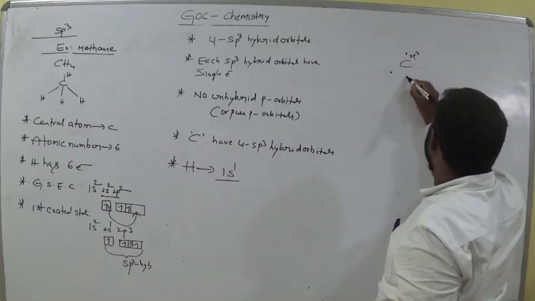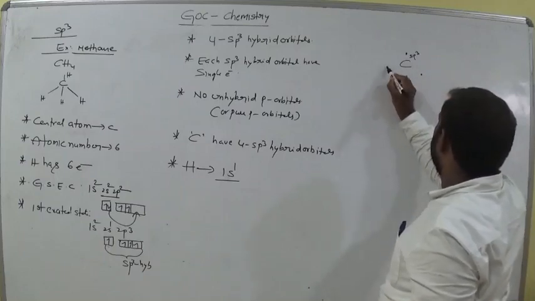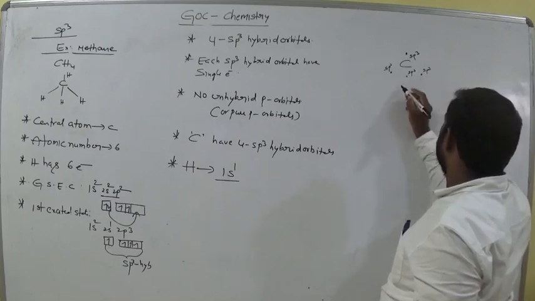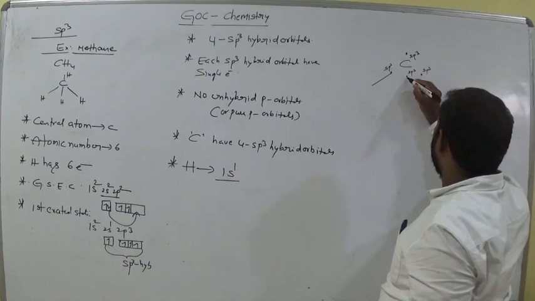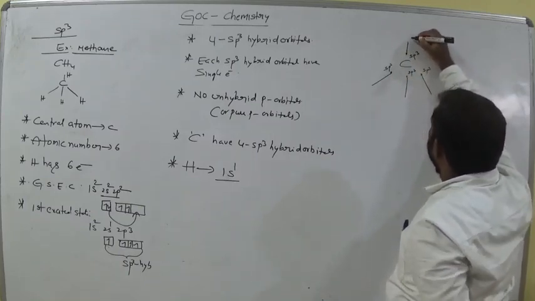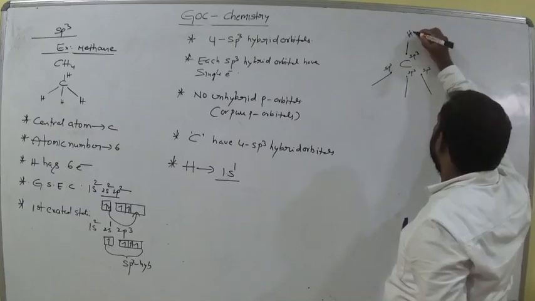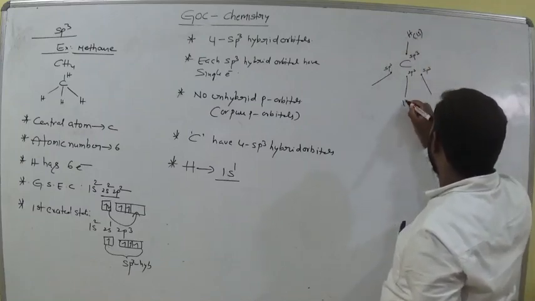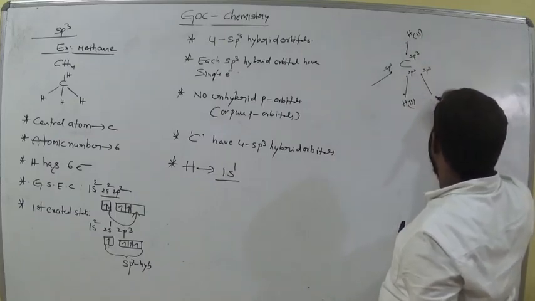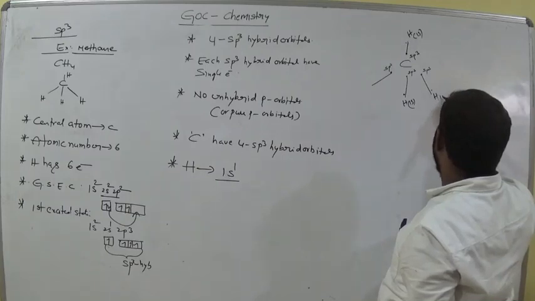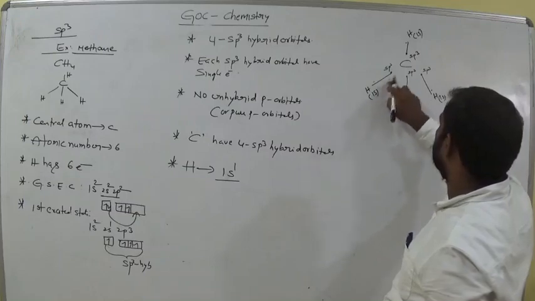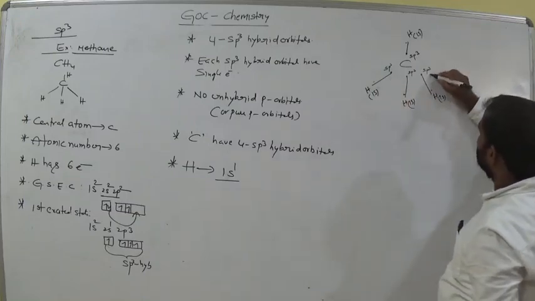This is one electron, this is one electron, this is the third electron. This is sp3, and this is also sp3. Now this is bonded with hydrogen, which has a 1s electron. Hydrogen gives its 1s electron, and this hydrogen offers one electron from 1s. Am I right? Two electrons means one bond. So these are sigma bonds.